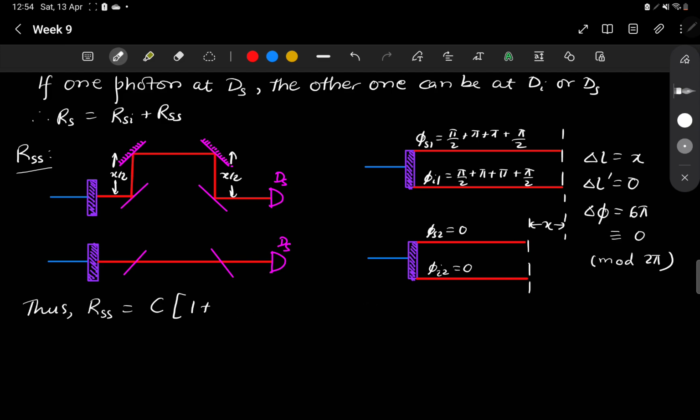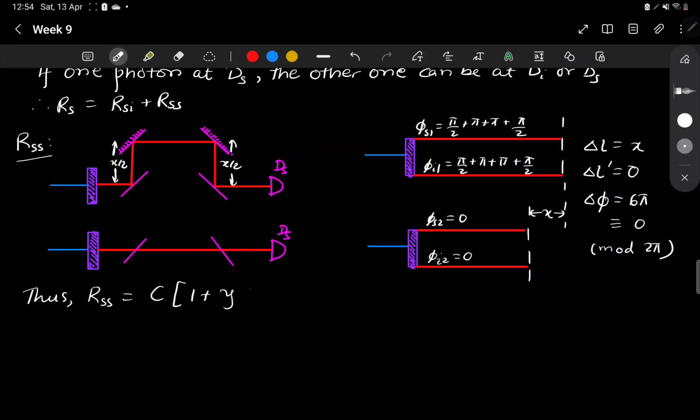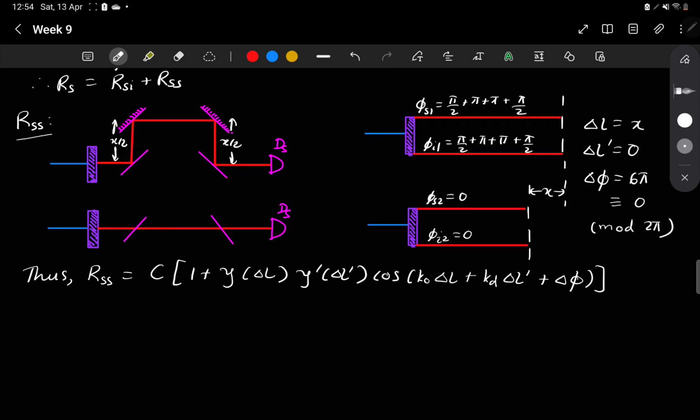Let me just write it down as a whole first. So this is the expression when we take R1 equals R2 equals C by 2. So this gives me, when I put in all the values,